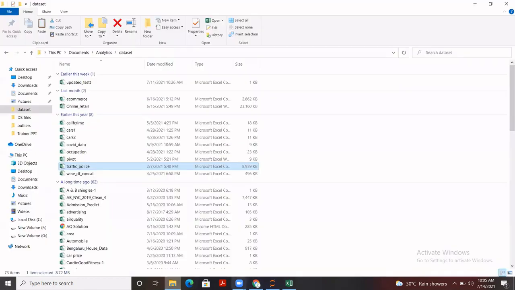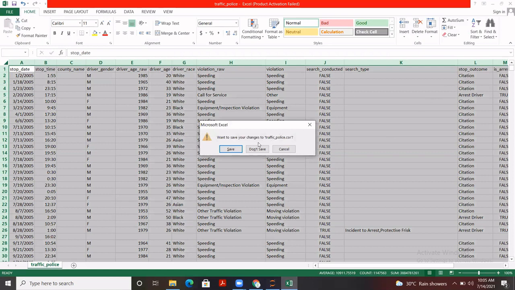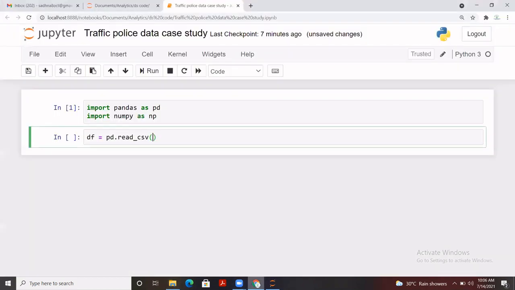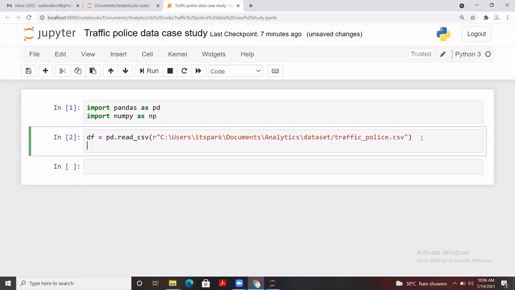So let me give the path, and I'm going to read this particular file. Here is the data set, and that is the path that I need to copy. Let me copy it here. In quotes, I'll paste the path, and that is the file name and the extension, which is CSV, and I'm going to put r in front of it to read that file, and here we are done with it.